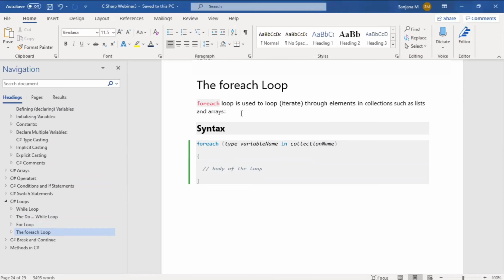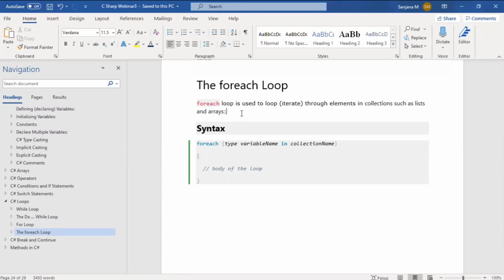Collections are nothing but lists and arrays. We have learnt arrays earlier. We defined an array variable and assigned multiple values. To print or access the values, we earlier did it in a different way, by using each subscript or each element of that array.